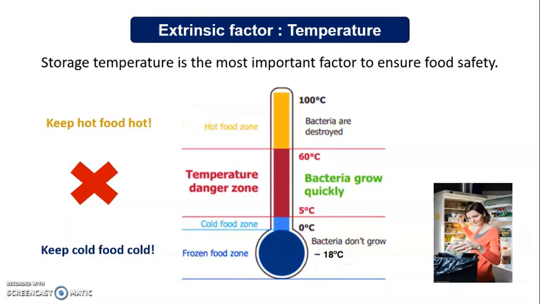Temperature storage is the most important factor to ensure food safety. I think I touched a little bit when I first introduced the food microbiology topic. We talk about the temperature danger zone. We have to keep cold food cold and also keep hot food hot. So the safest temperature range should be above 60 degrees Celsius because bacteria are destroyed at such a hot temperature, or we should keep it cold, below 5 degrees Celsius, meaning that we need to refrigerate our food, or better,